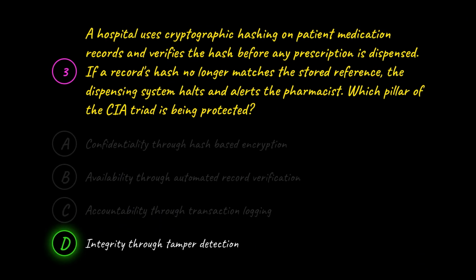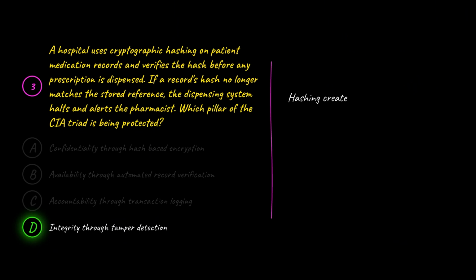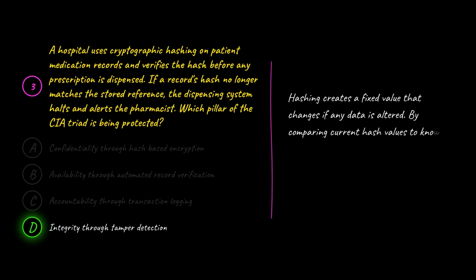The correct answer is D. Integrity through tamper detection. D is correct because hashing creates a fixed value that changes if any data is altered. By comparing current hash values to known good ones, the hospital can detect tampering, which is the goal of integrity